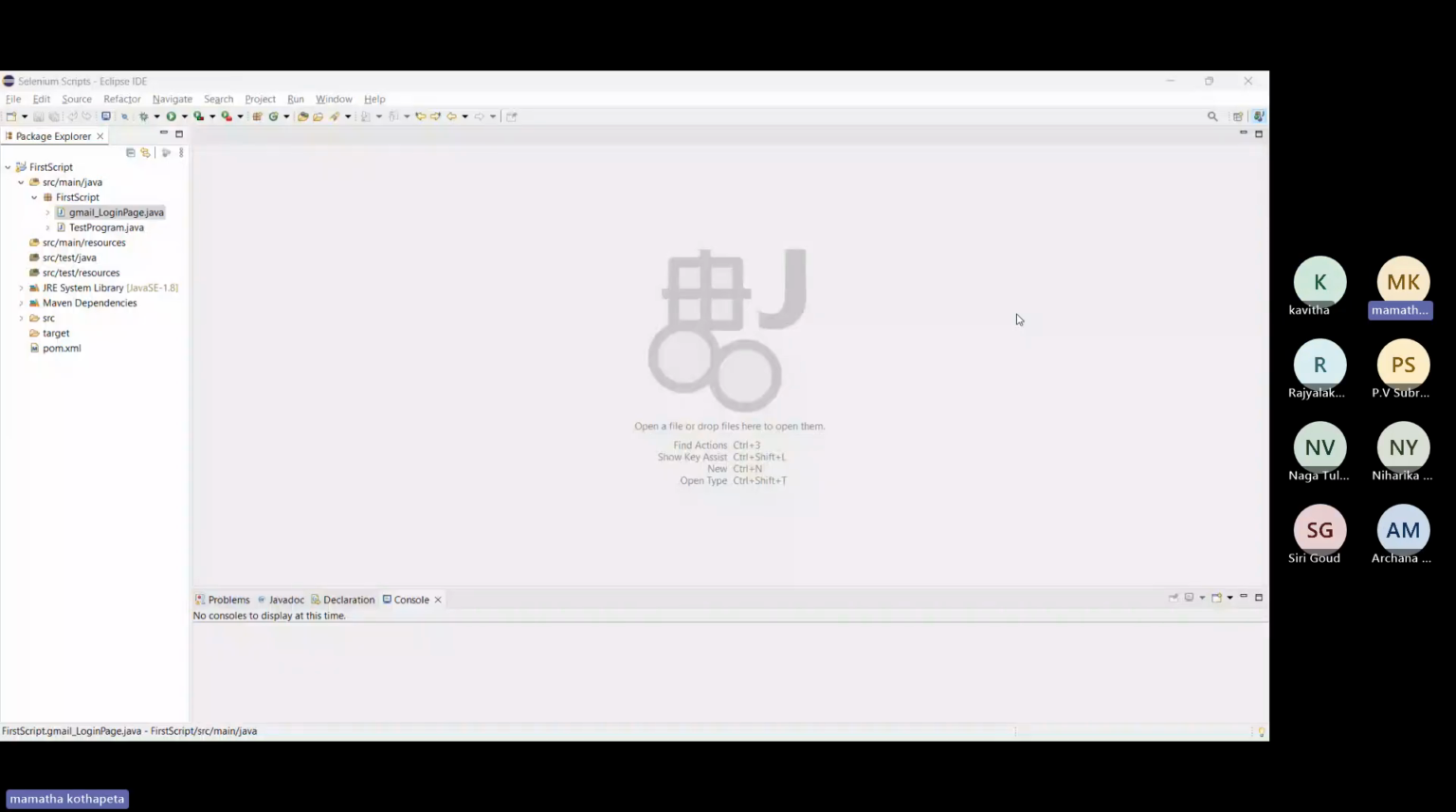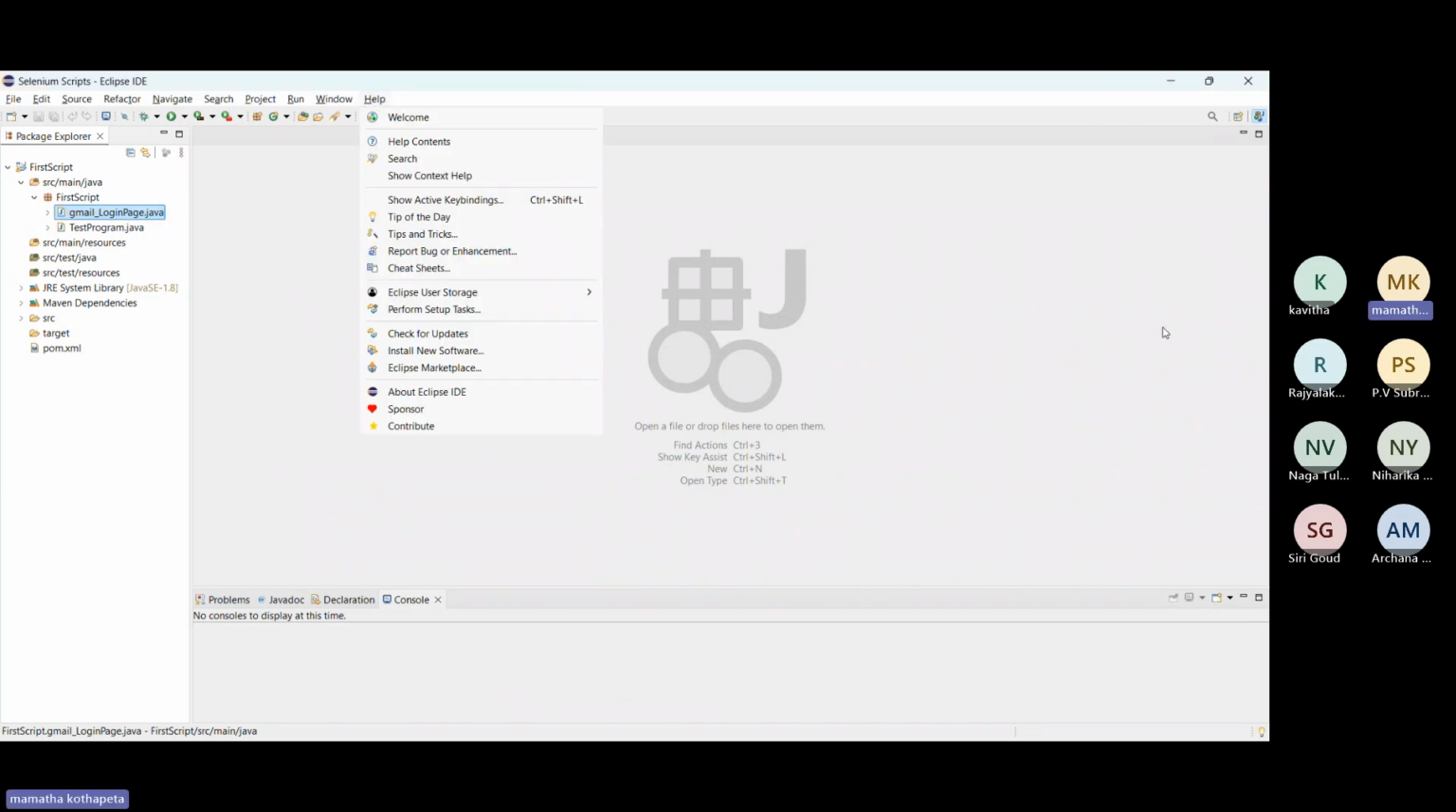Let me know what you see on the screen. Eclipse. Okay. So now we know how to. So yeah,